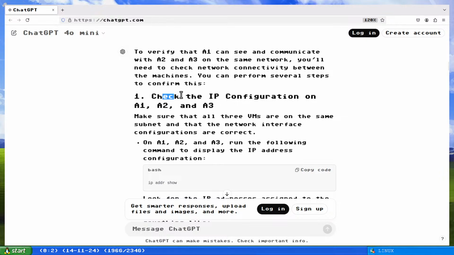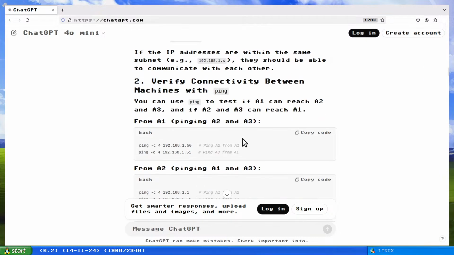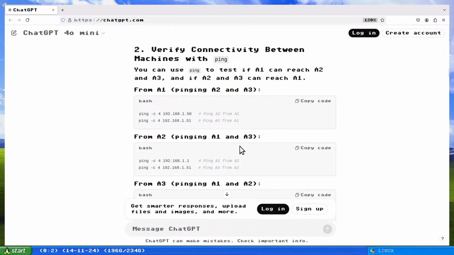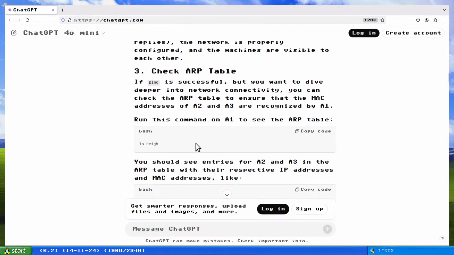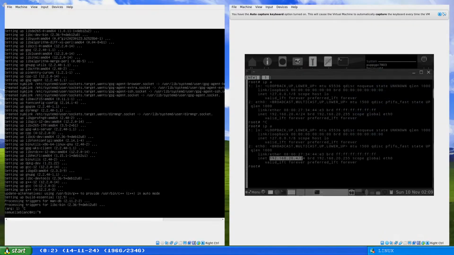Check the IP configuration. That's done, already done that. So I ping them, they have been pinged. Next, run this command to see the ARP table. That's to see our neighbors. ip neigh, that's for neighbors. ip